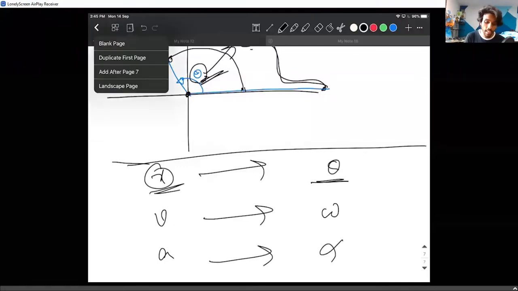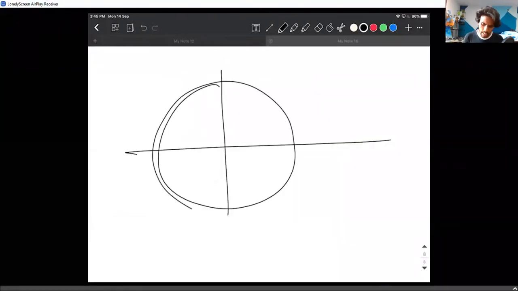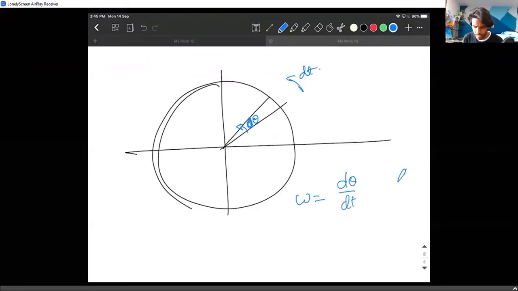So we need to find a way, basic common sense, basic mathematics only. Let us say a particle traveled a small angular displacement d theta in a small time dt. If I want the angular velocity, what do I write it as? d theta by dt. This is how you write it, right? The small angle covered by the small time taken. That is how the angular velocity is written.